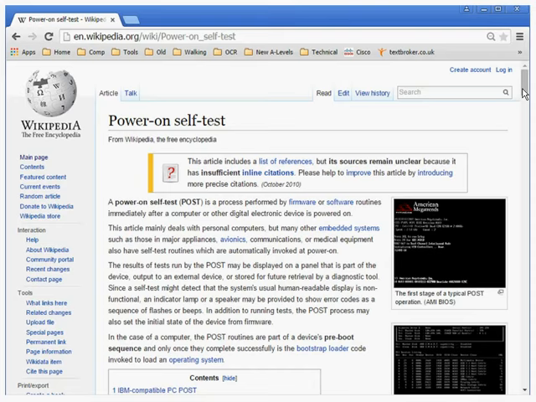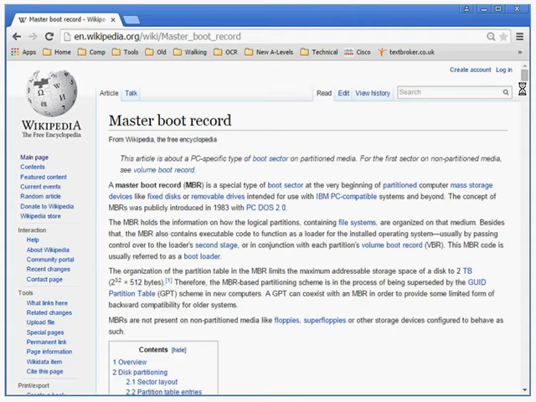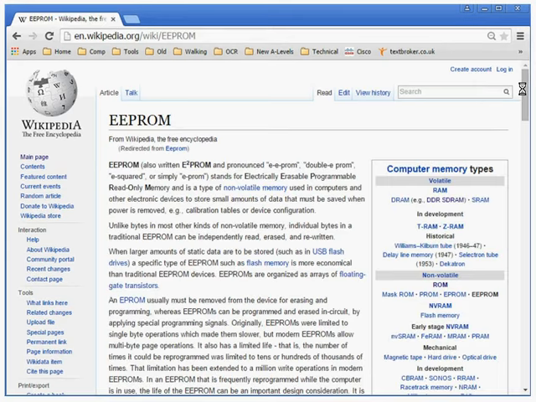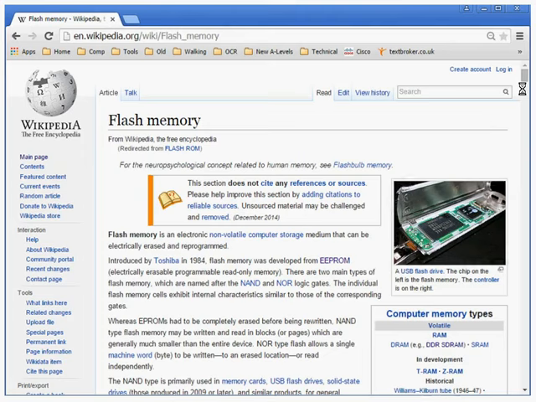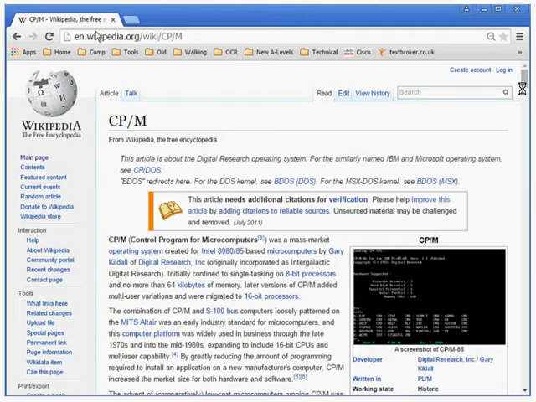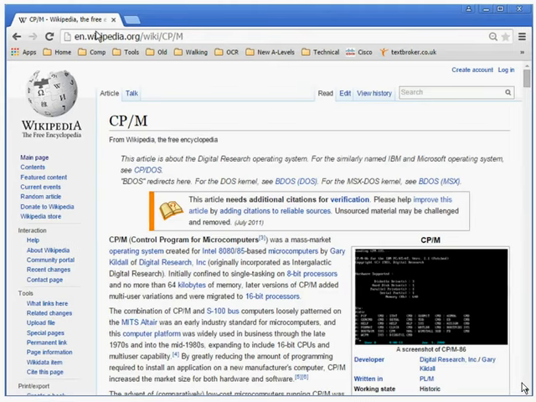Wikipedia's entry on the POST test, finding out more about the MBR, or the kernel in the operating system, finding out more about EEPROM, different types of flash memory, CMOS, the CP/M operating system